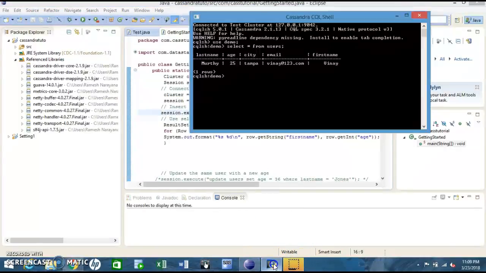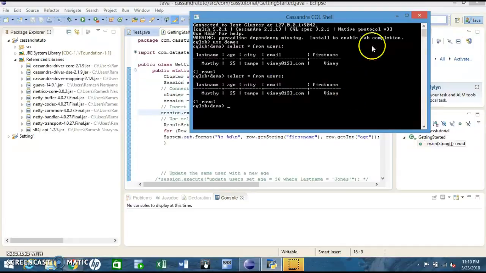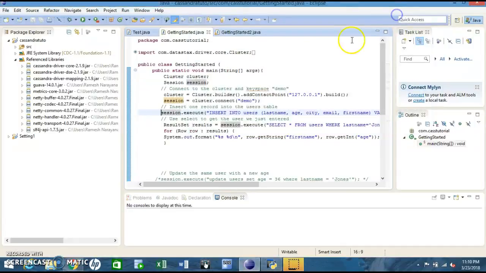In the SQL shell I've created a keyspace called demo and also a table called users. Select everything from users. Okay, as we can see, we have one row already. Coming to the Eclipse,